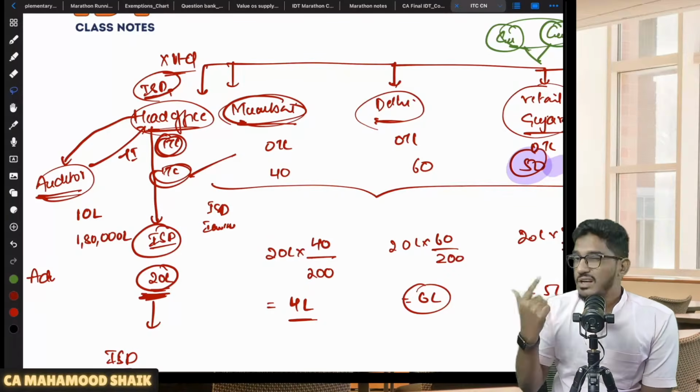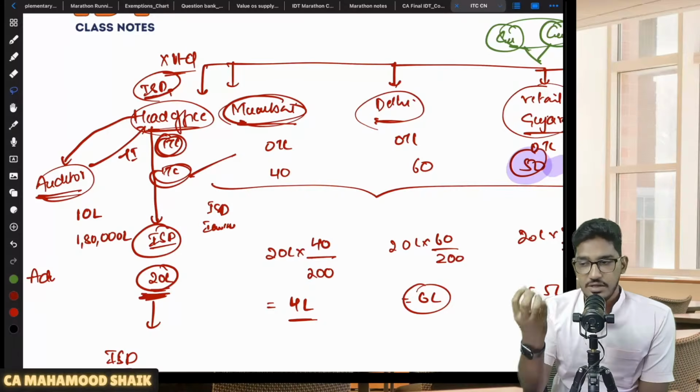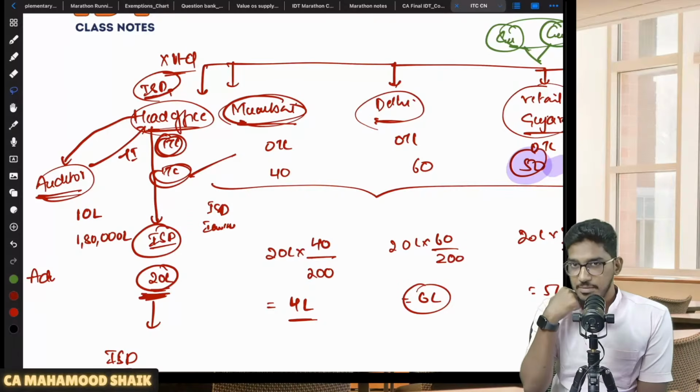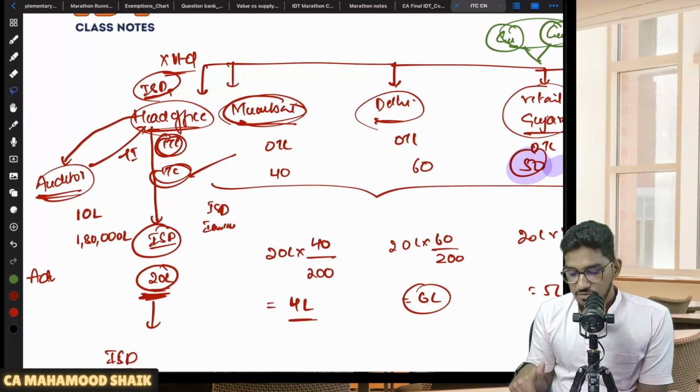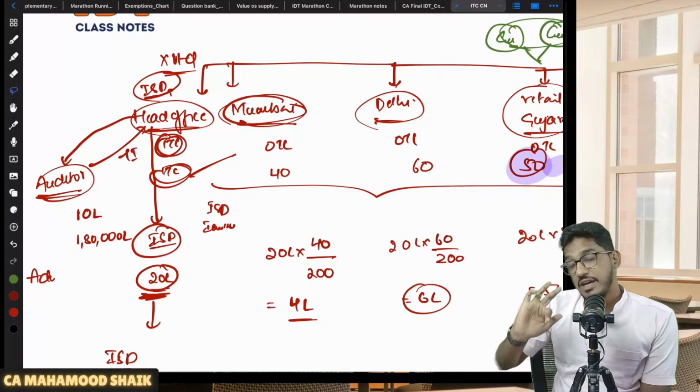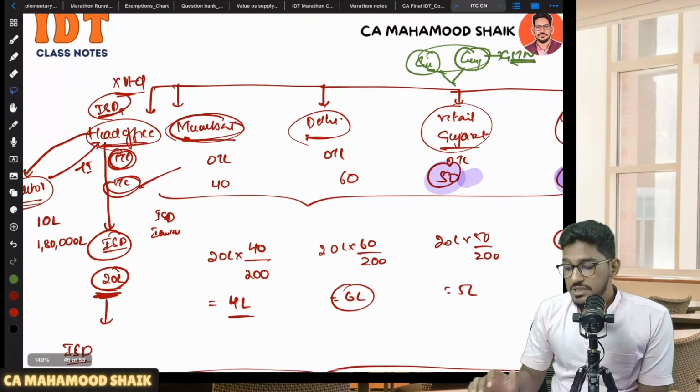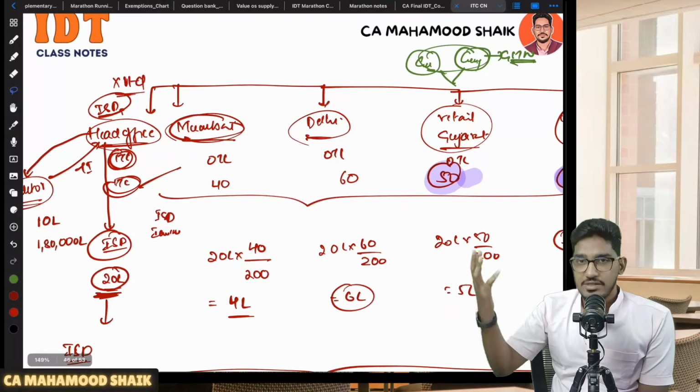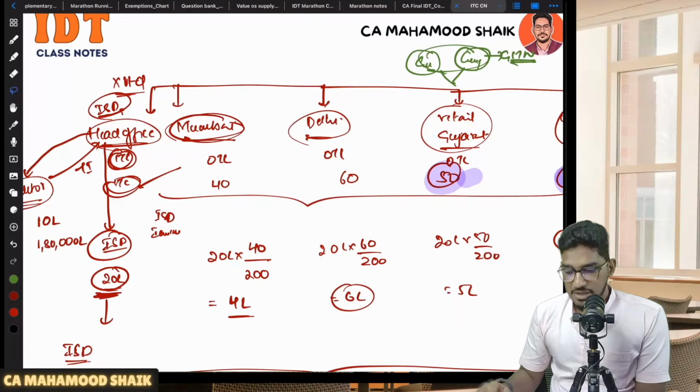But this head office will not have any outward supply. As I have told, head offices are just admin offices. They will not have any output tax liability. So will they be able to use that ITC of 1.8 lakh rupees? No. But where will outward supplies happen? Outward supplies will happen at their various factories, depots and branches. Actual outward supplies will happen there.